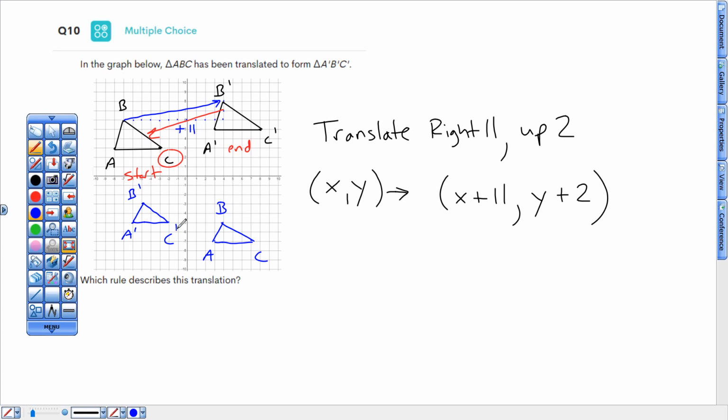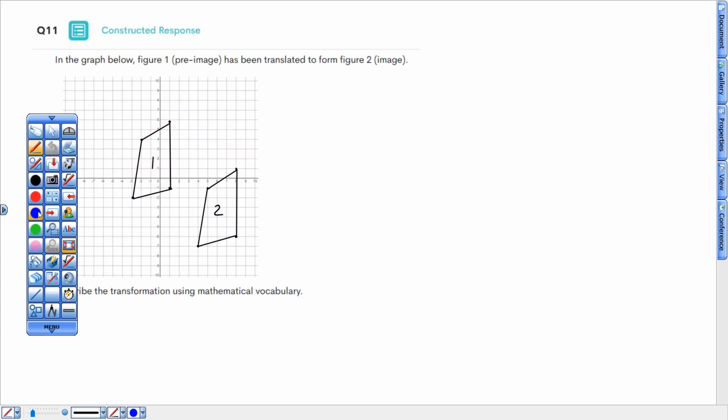All right, moving on. Next problem, number 11. Almost done, getting towards the end. All right, for this one, remember, this is where you're starting. This is where you're ending. So I'm going to take one of those points and I'm going to chart that journey, but this one looks